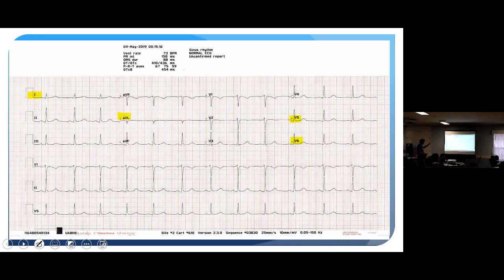now, right? So I look at leads 1, AVL, and 5 and 6. These are my lateral leads. I'm looking for ST elevation. If I got 2 leads in one of those 4,